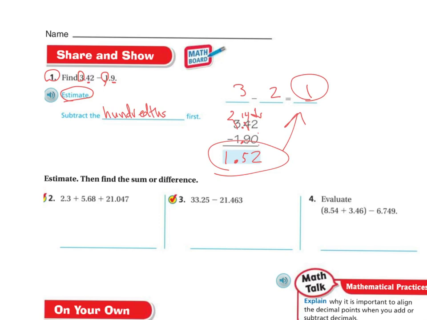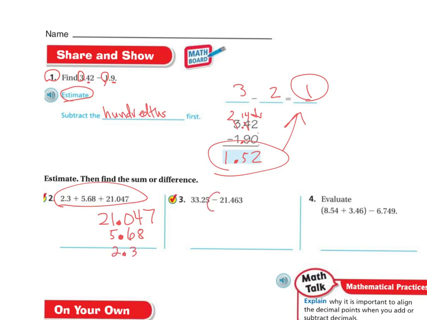Now, I'm not going to make you estimate on this page, but I am going to do that on the computer. This is 3 numbers. It is the same thing. Do not get fooled. You still have to line those decimals up. So I have 21.047, and I have 5 point, keep my point lined up, 6, 8, and I have